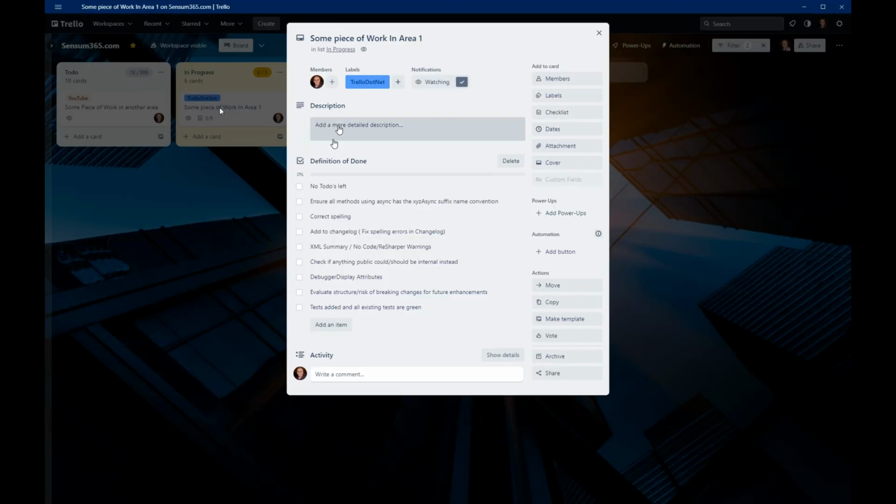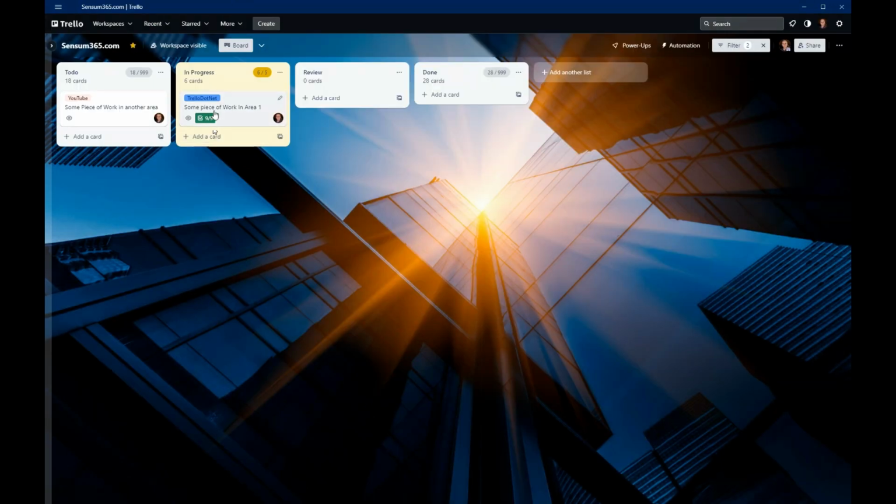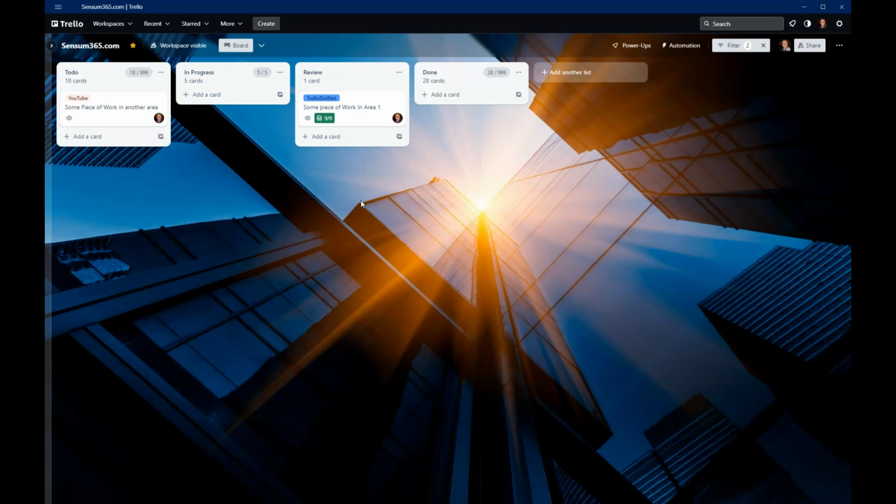So in here, you can now see I have that piece of work and it's now a definition of done, which is in my case, these checkboxes. I will go through once I'm done with the regular code. I would normally make a checklist for whatever the acceptance criteria is, but the definition of done will be its own checklist. I will work with the thing, and then I will send it to review in the system.